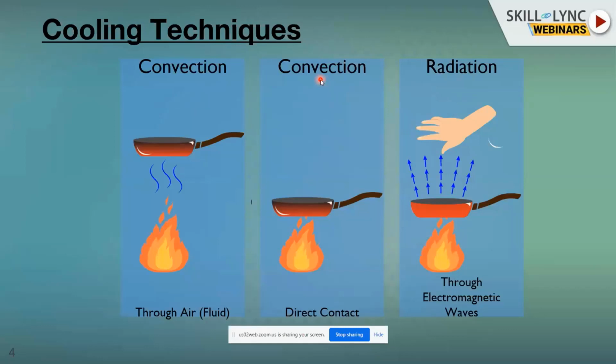This is just an example picture which I'm showing here. When a pan is placed on a gas stove, the heat is directly touching the bottom surface. That is called conduction. In the first picture, if you take the pan a little higher above the stove, the bottom of the surface gets heat through the air. That is called the convection phenomenon.